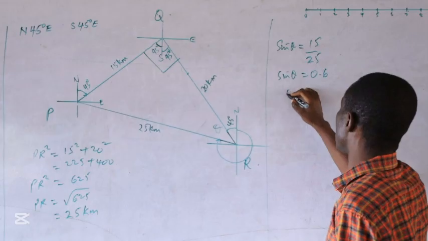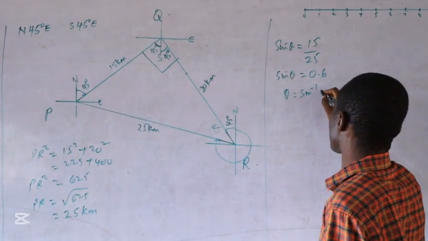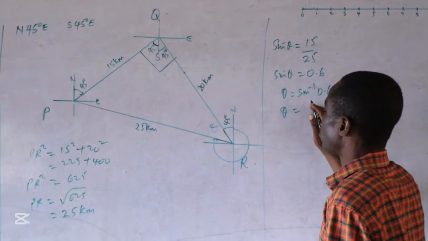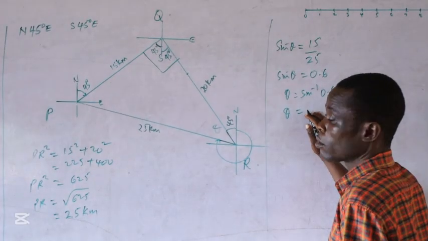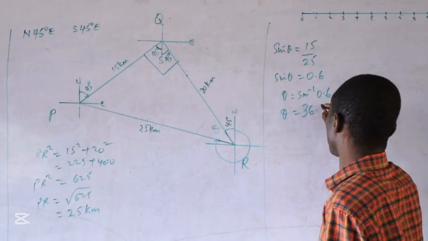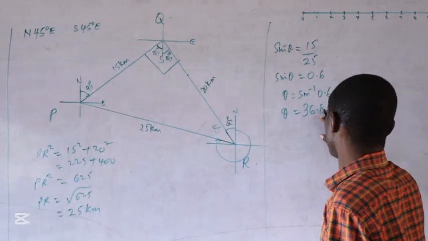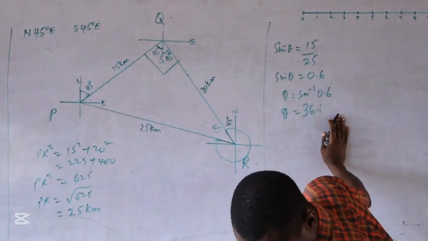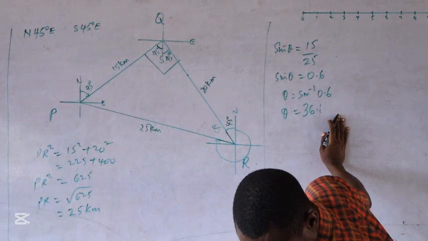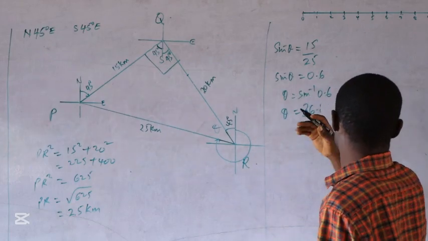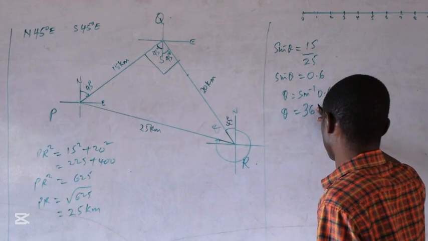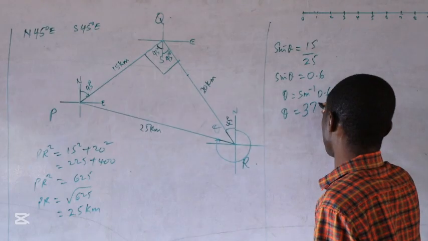Theta equals arc sine 0.6, which is 36.87. Do you have the job of approximating that? Yes, to the nearest whole number. Maybe you should approximate it to 37. Yes. So if it is 37,